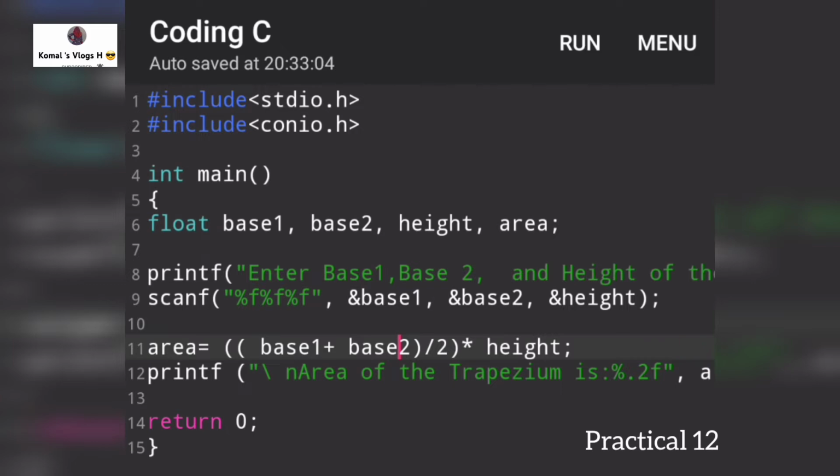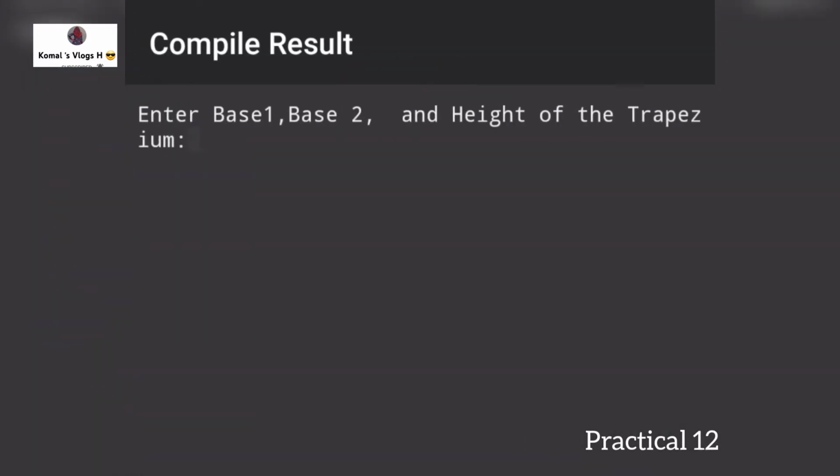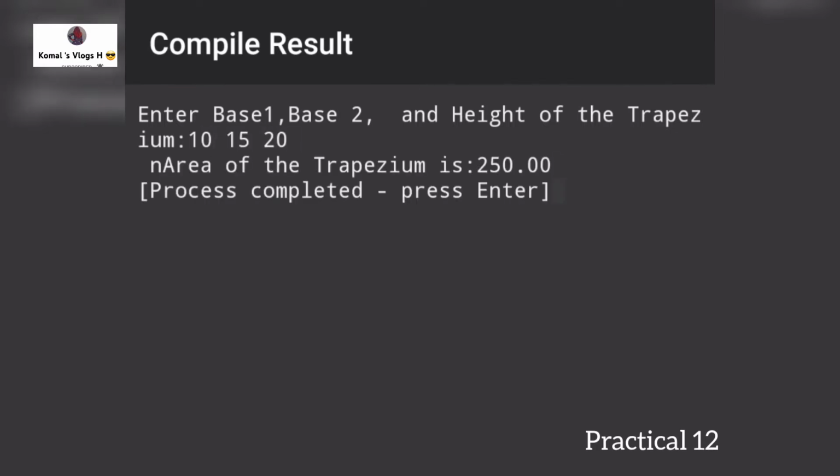You can clearly look at the program. Okay, enter base 1, base 2 and height of the trapezium. Let's say I'm just entering its height. Again, the same mistake: float data type is declared, but here the user is entering integer data 10, 15, 20. But because you have defined the data type as float,